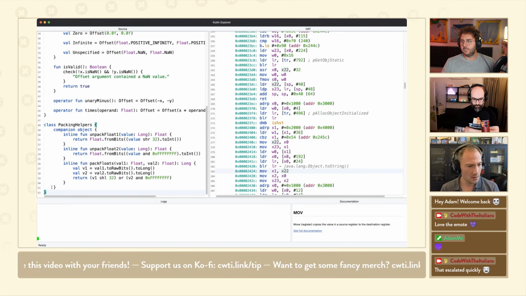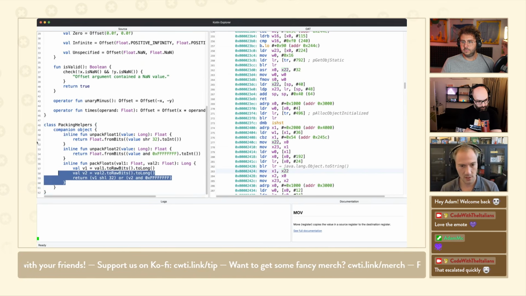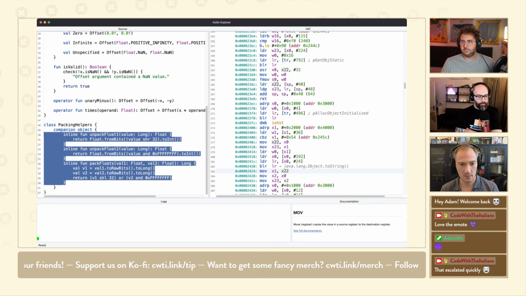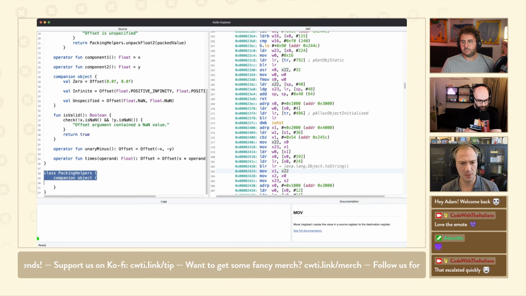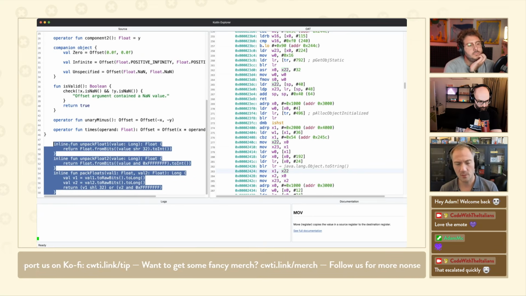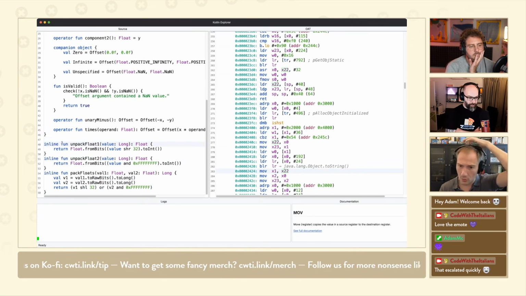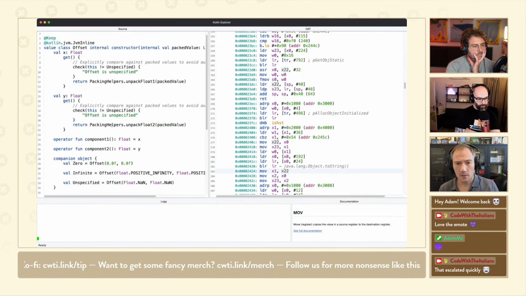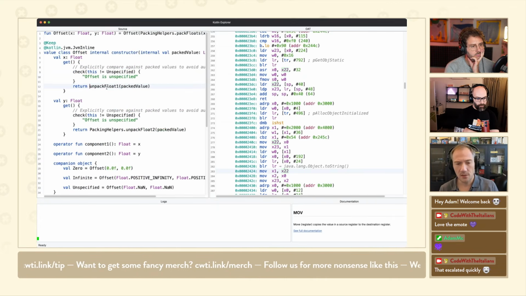One way we can do it is pretty simple. We're going to first get rid of the companion object, because this is all internal stuff. Those are public, but we could make them private to this file. Private functions, yeah. It doesn't matter, right? I can deal with not having namespacing, not a big deal.